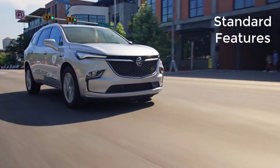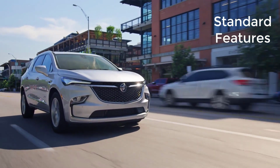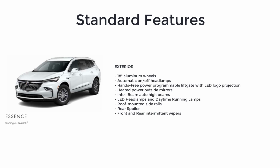Now let's go over the MSRP, standard features, and available packages for the 2023 Buick Enclave, starting with the base model Essence that has a starting MSRP of $44,800. The base model Essence comes well appointed with standard features that include a 3.6-liter V6 engine, 9-speed automatic transmission, front-wheel drive, keyless start, premium ride suspension, 18-inch aluminum wheels, automatic on-off headlamps, hands-free power programmable liftgate with LED logo projection, heated power outside mirrors, IntelliBeam auto high beams, LED headlamps and daytime running lamps, roof-mounted side rails, rear spoiler,